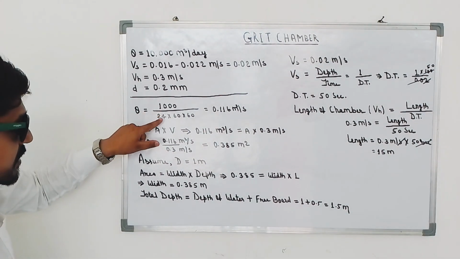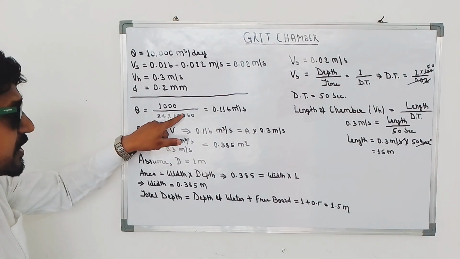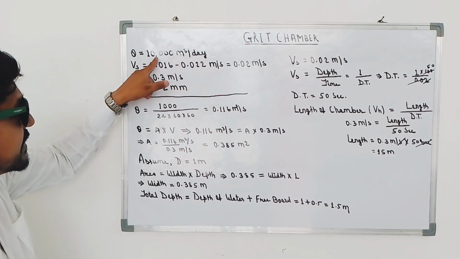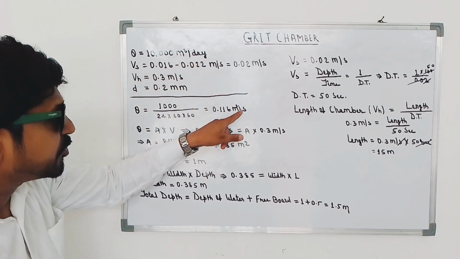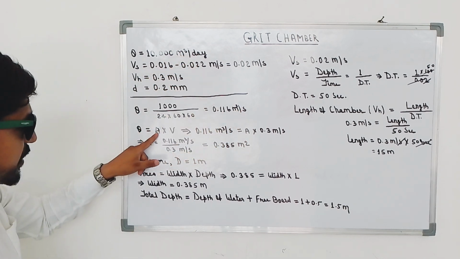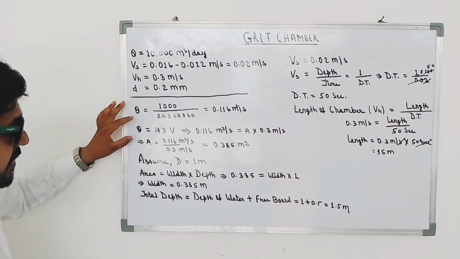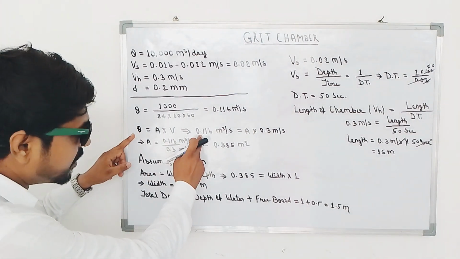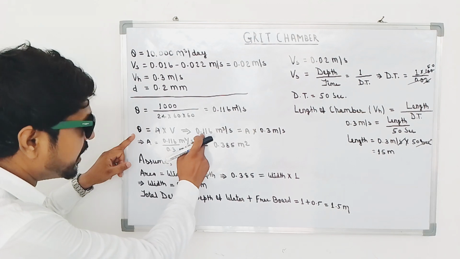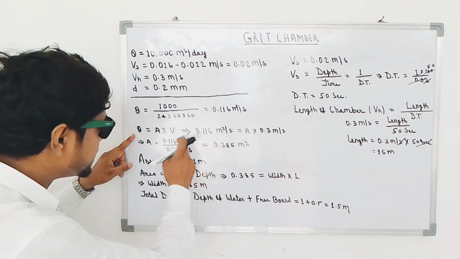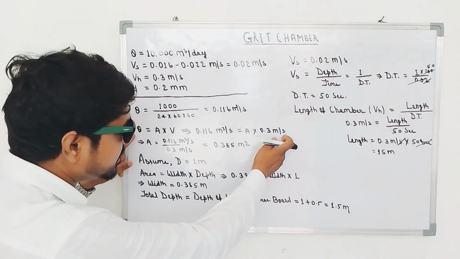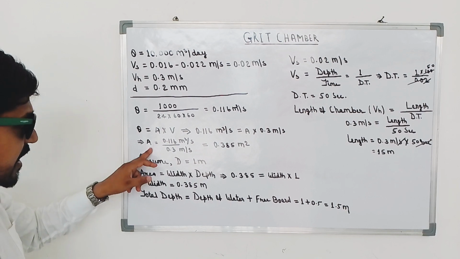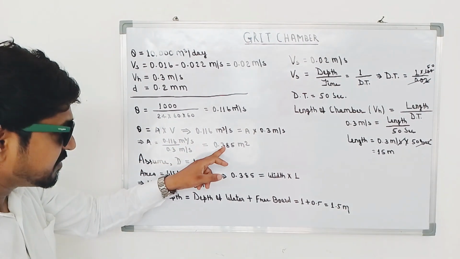So Q is equal to 1000 divided by 24 into 60 into 60, which is equal to 0.116 meter cube per second. Here it was in meter cube per day, but now it is in meter cube per second. So Q is equal to area into velocity. From this equation we can find the area. The discharge of the plant is 0.116 meter cube per second and the horizontal velocity is 0.3 meter per second. From this equation we can calculate the area, and the area we get is 0.385